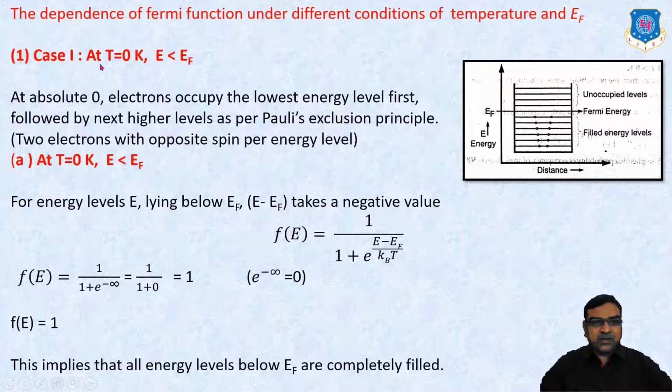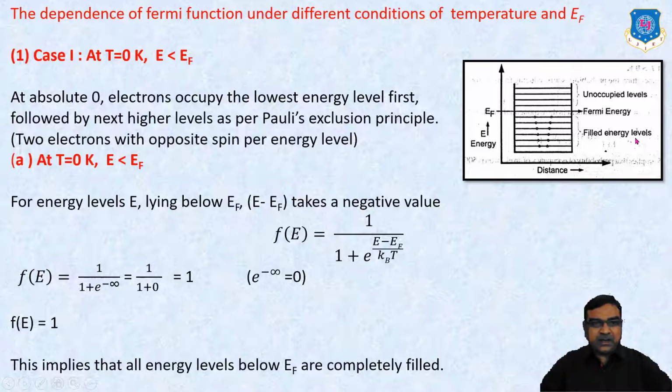So case 1, at T equal to 0, meaning absolute zero temperature, where energy is less than Fermi energy. At absolute zero, electrons occupy the lowest energy level first, followed by the next higher level as per Pauli's exclusion principle, that is, 2 electrons with opposite spin per energy level. Now first, at T equal to 0 Kelvin, where energy E is less than EF, means energy is less